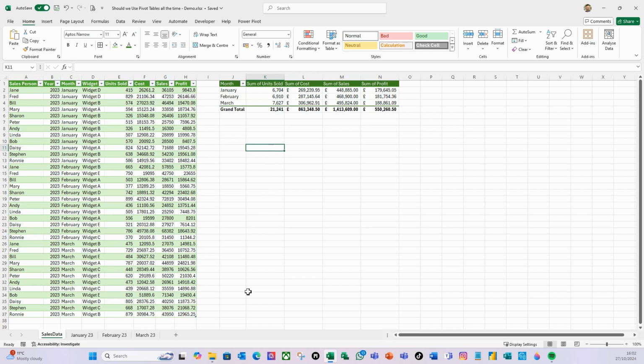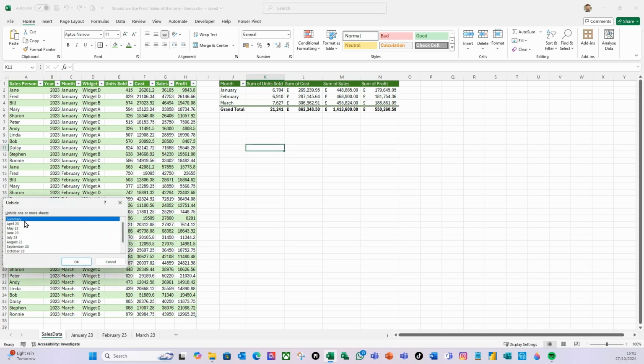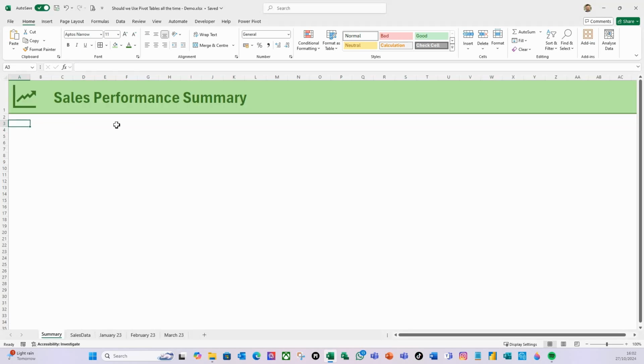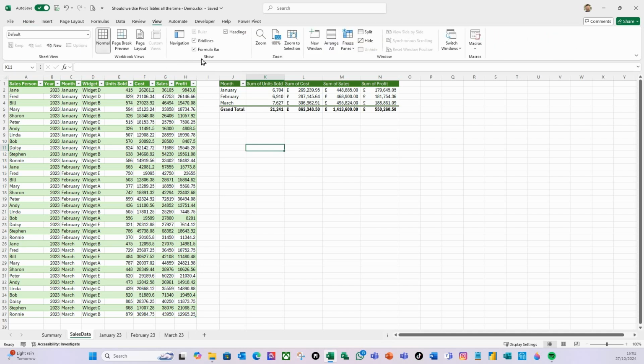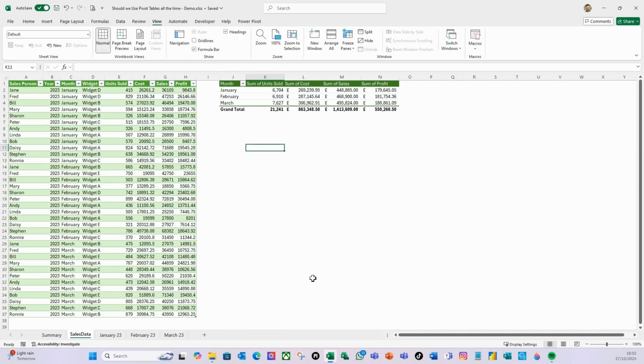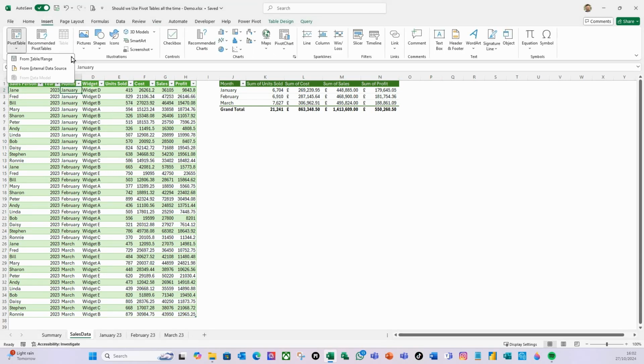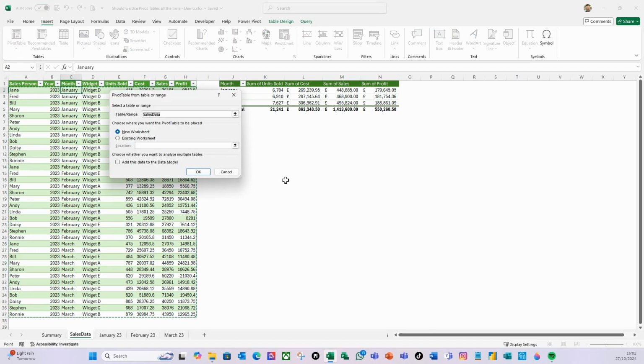And if I wanted to put this, so if I do right click here and unhide, so I've got a summary tab here. If I unhide that there, if I wanted to put that in here, that wouldn't look particularly great. If I just get rid of the view and get rid of the grid lines, that's what it looks like. But so for example, if I wanted the months across the top and I wanted it by widgets, so again, if I do insert pivot table from table and range, and again let's use existing worksheet and let's put it here and do